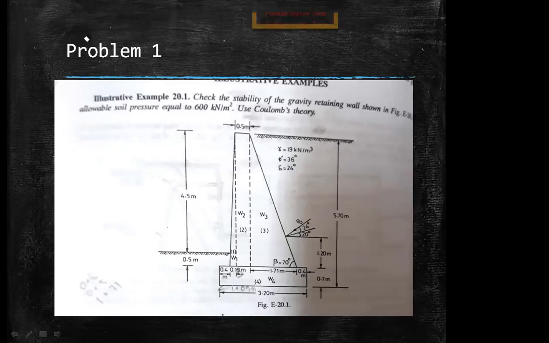So every value is given for you in the problem. Substitute these values in the formula and tell me the value of Ka first. 0.41. Yes. So is that everyone got the same answer? Is there anyone who got another answer? Ka value, how much you got? 0.41. Right. So now calculate Pa.